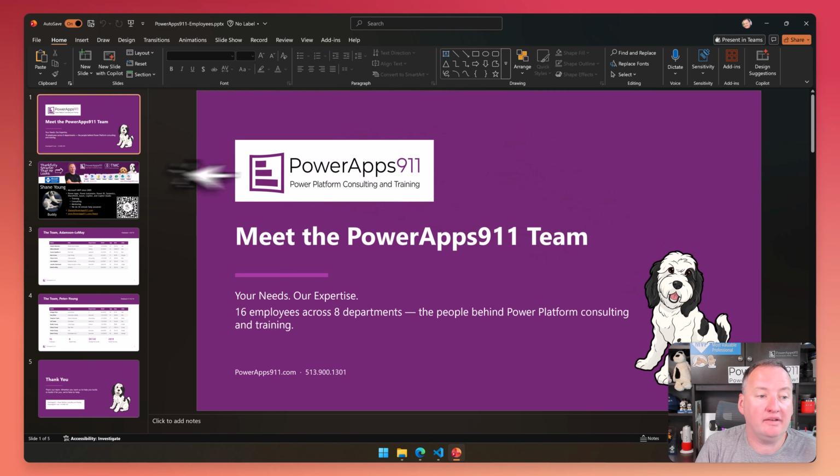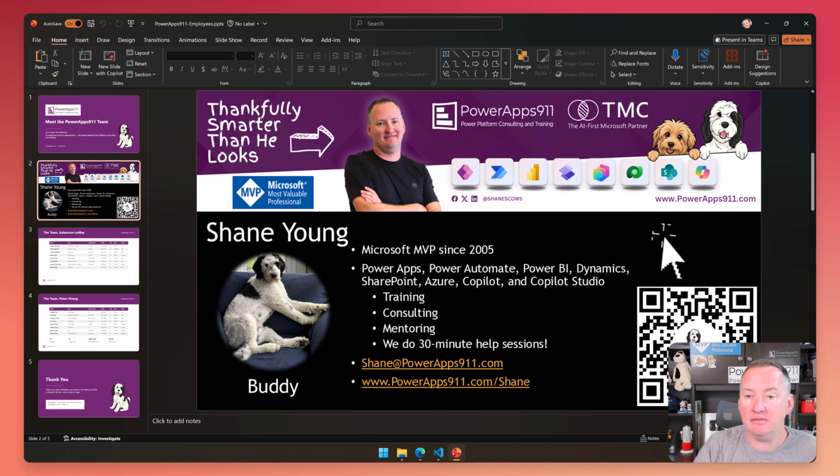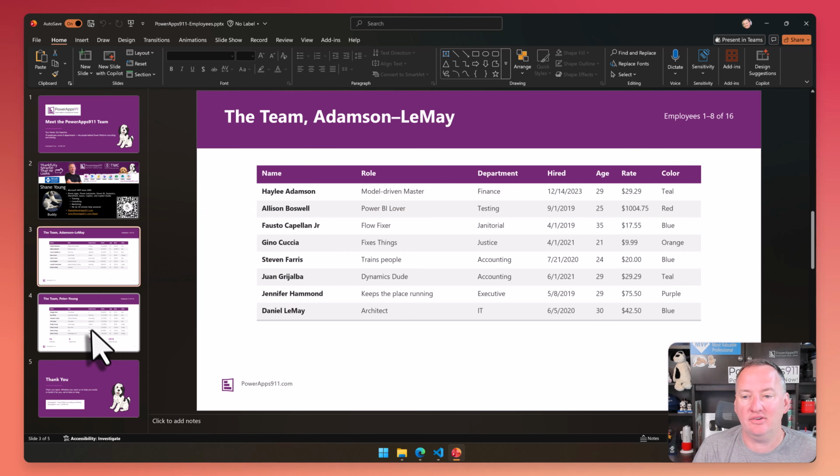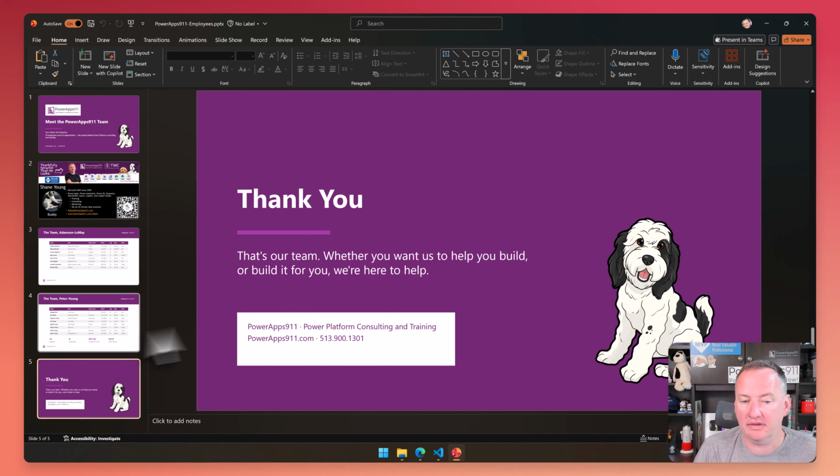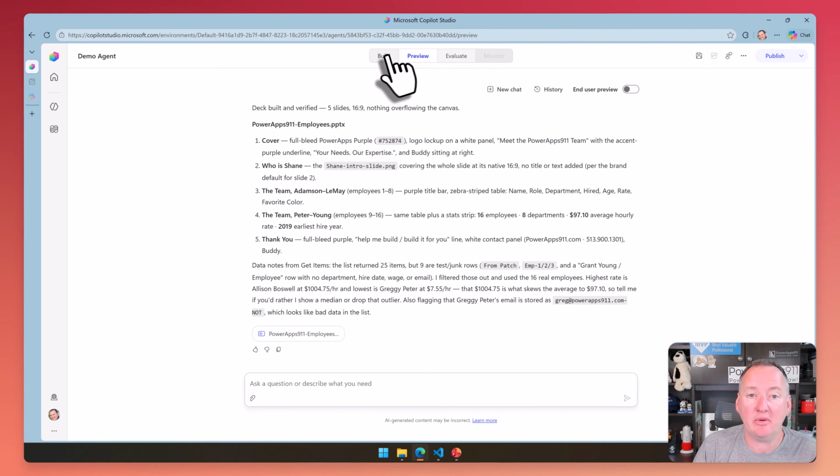Purple, it's branded. It pulls in the same Shane intro slide every time because the brand guide told it and it had a copy of that slide. Here's the fake employee information that we pulled in. And then there's our thank you slide. That's really good. And if you ever tried to do anything like this with the old harness of Copilot Studio, you couldn't. This was literally not possible. So hopefully you appreciate how awesome that was and how quickly you were able to build it,